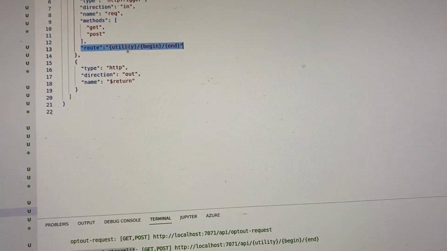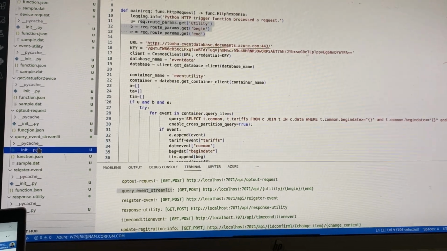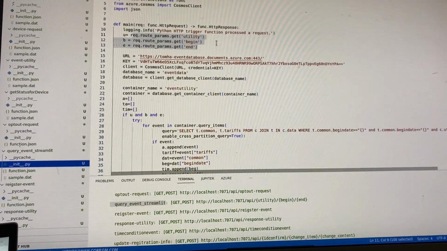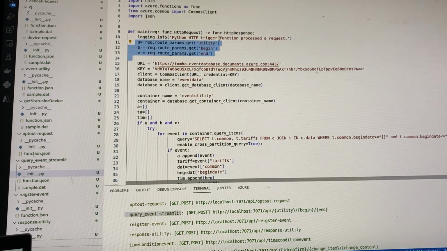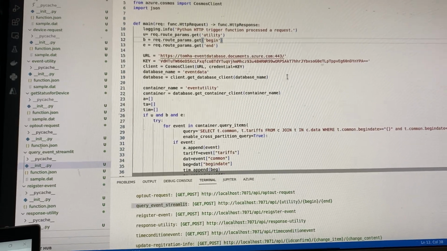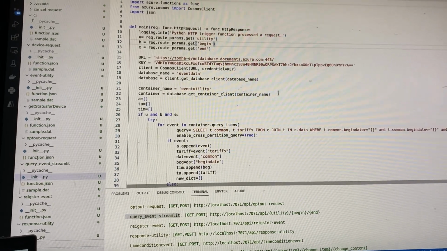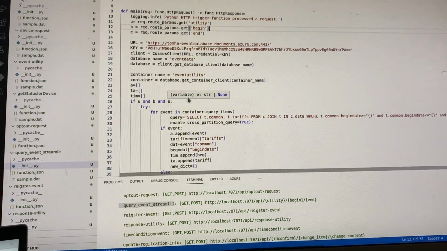Right here, I only need 3 parameters, and you set up there, and you go back to the init.py, and in the function you have to wrap that parameter. And after you wrap this information, I work directly with the CosmosDB, the database, so